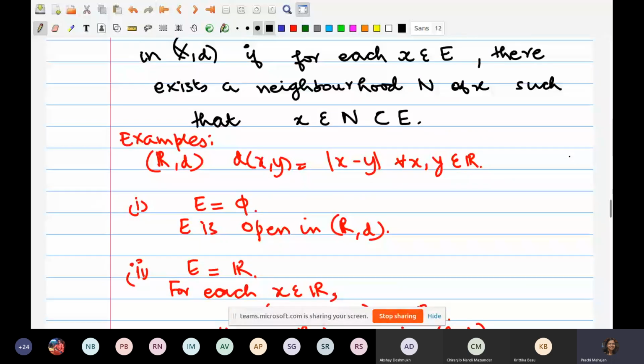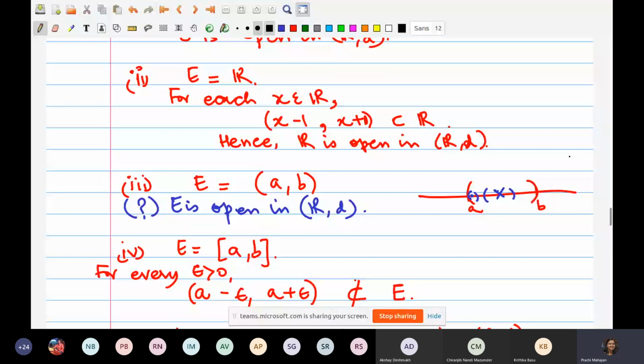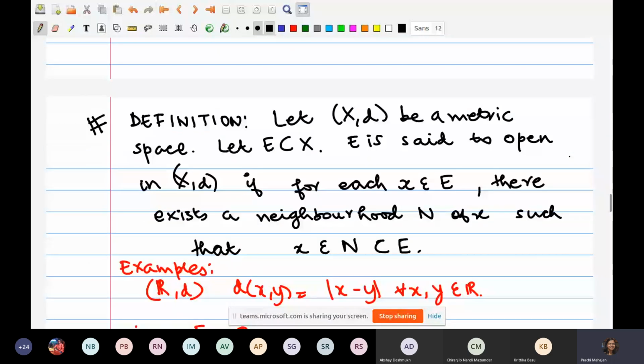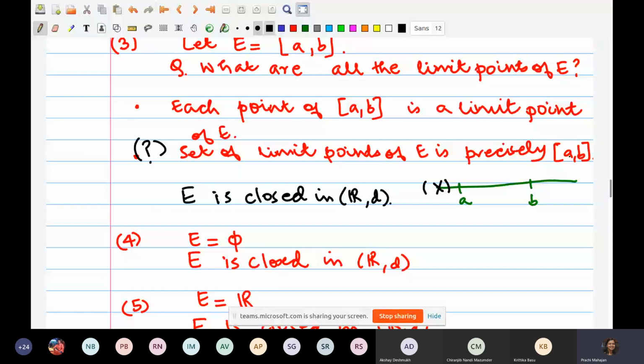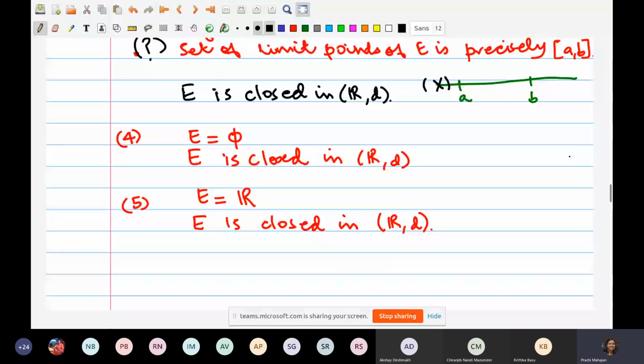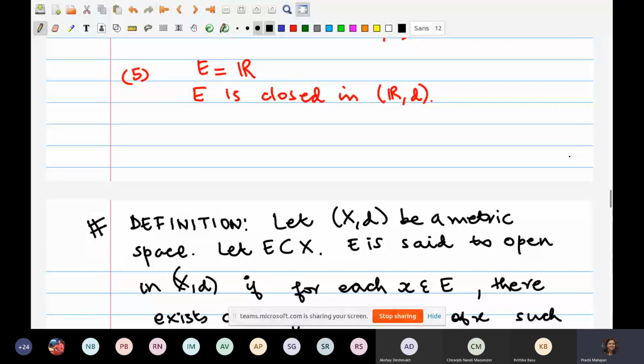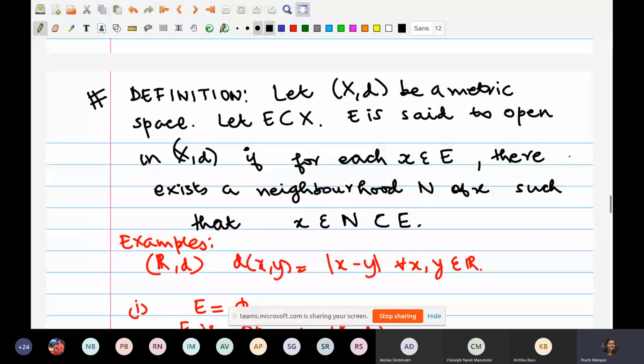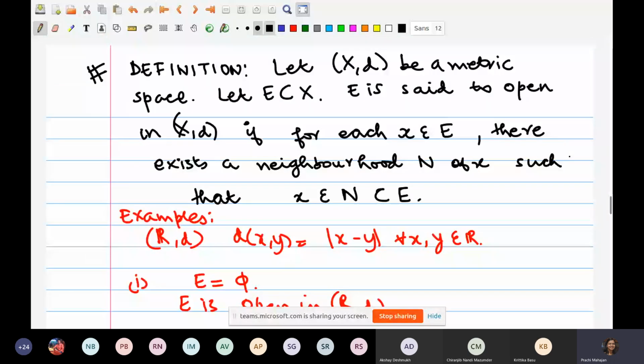And we have discussed these examples only on the set of real line with the Euclidean metric. You pick your favorite set and try to work out whether it is closed or open. Again, no amount of staring at the screen will help you. You will have to pick up paper and pen and write. Yeah, please do that. Only then you will be able to digest this material well. That's all I think I wanted to say. So I will stop right here for today's session.